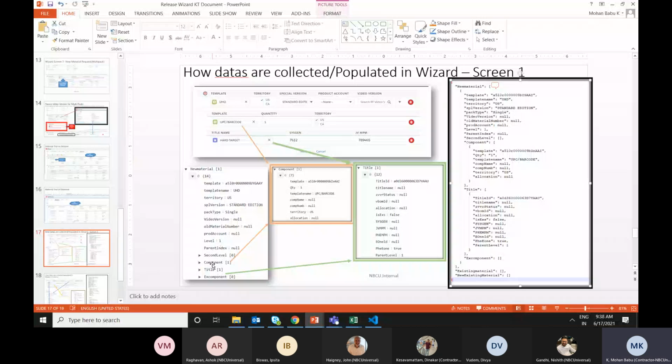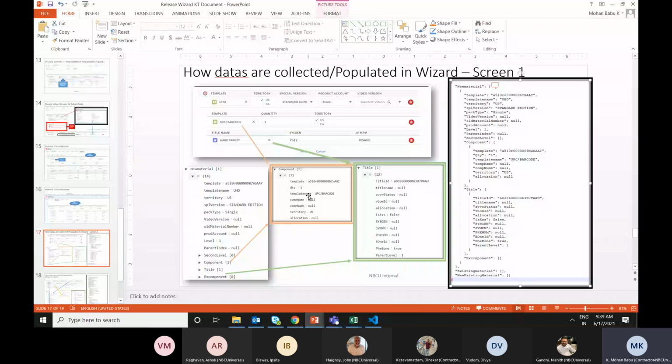And we have the component here. So if I have added only one component, the component itself is an array of elements, and under the component, again, we are collecting the template. So what are the details there in this second level? All these details are collected and populated in the wizard, and we are wrapping up like this.